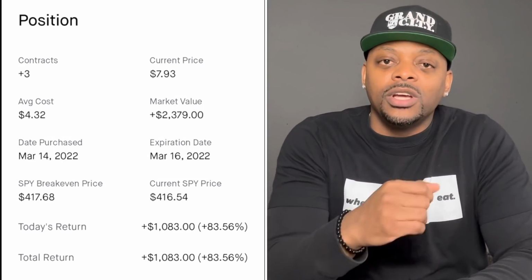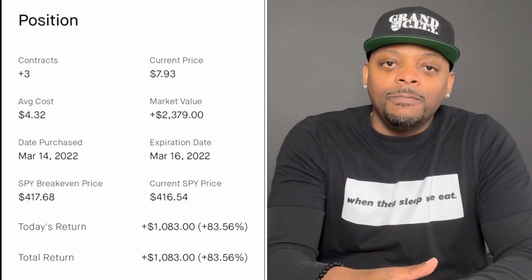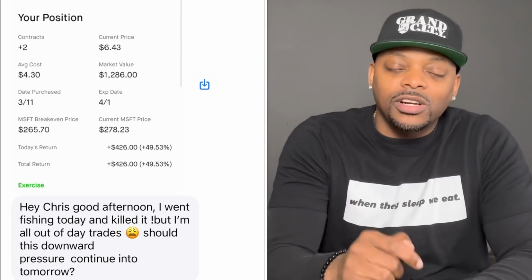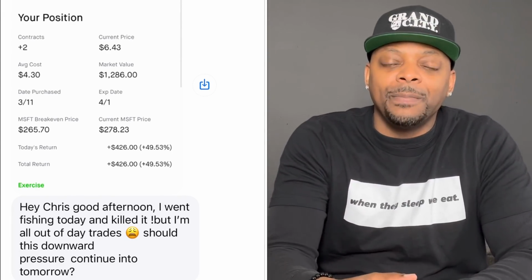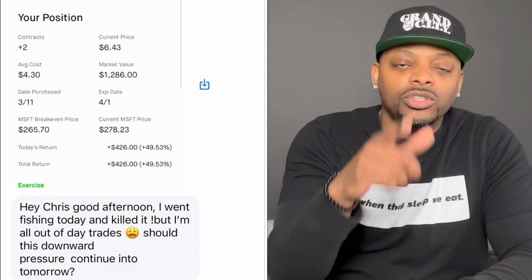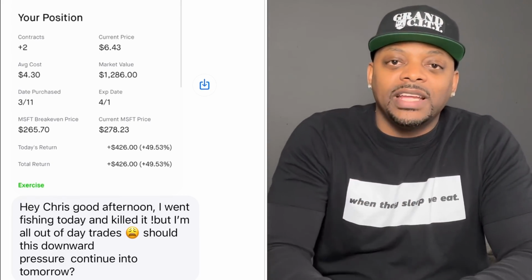And listen, guys, the one thing I got for you all is the fact that we have what's known as a death cross. And so I want to spend a little bit of time on that and the significance of that and what that means for you and how you guys can take advantage of it. So without further ado, guys, let's dive into it.